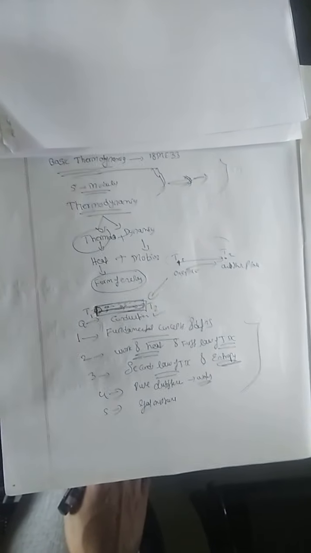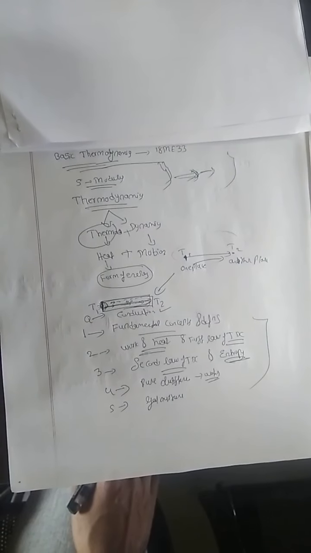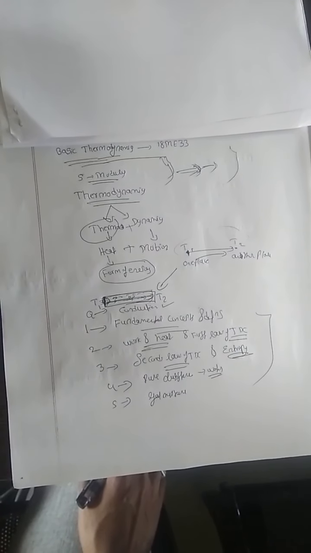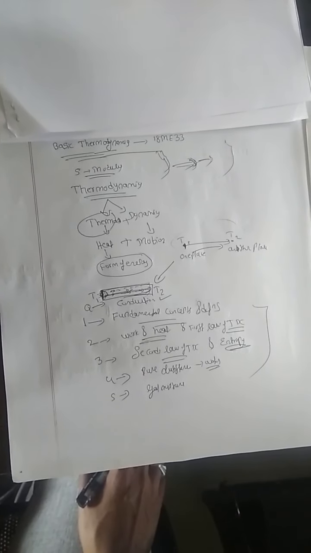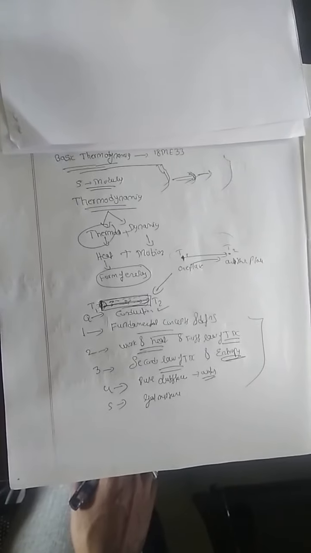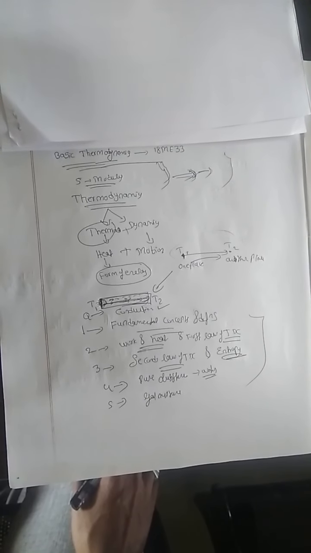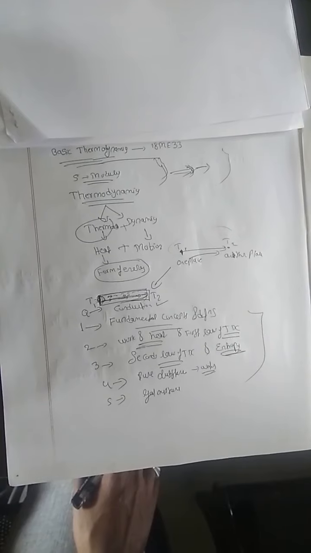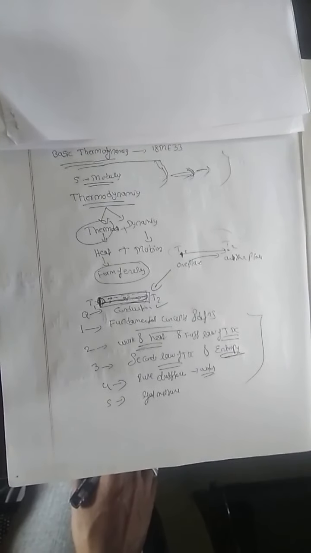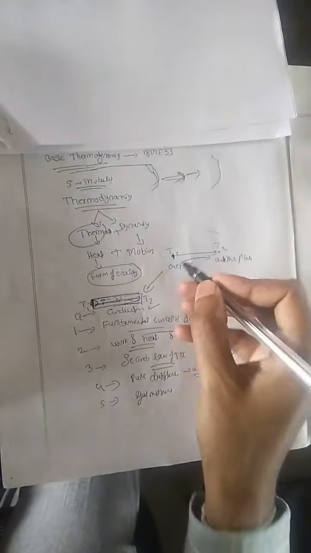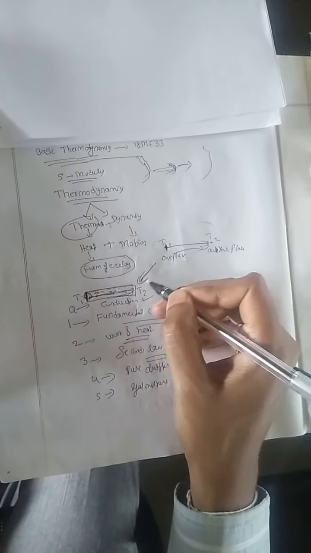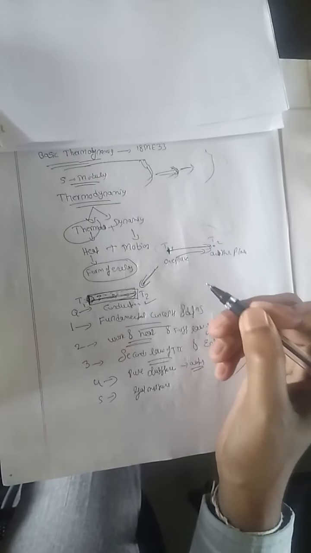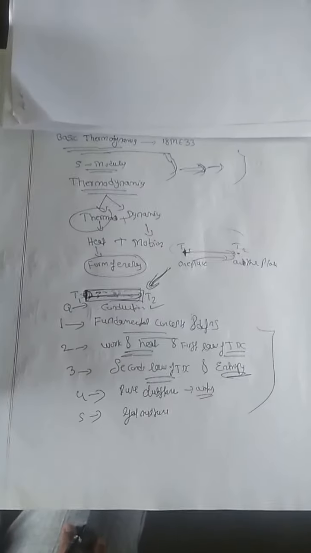Just remember, in thermodynamics, therma means heat and dynamics means motion. Here it is heat motion, that is, heat movement. All of you know that heat is a form of energy. How that heat moves is what we have to study here: heat moves from one place to another. It moves due to conduction, convection and radiation. Here you have to give the example of conduction. This is in general.